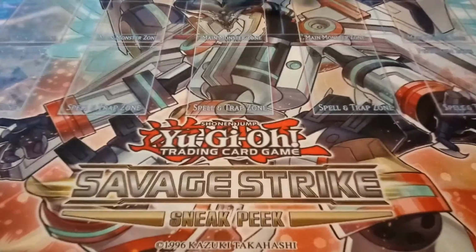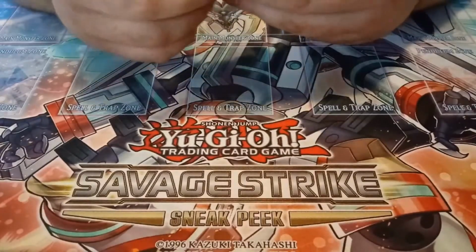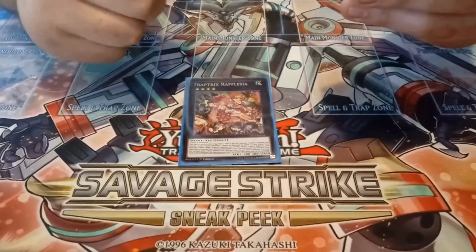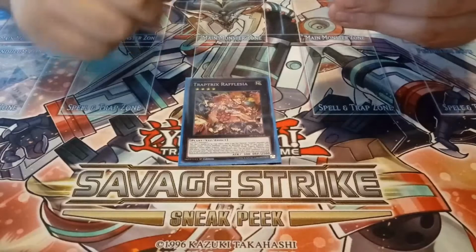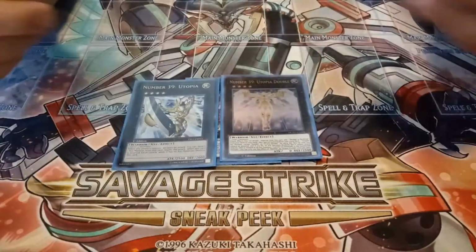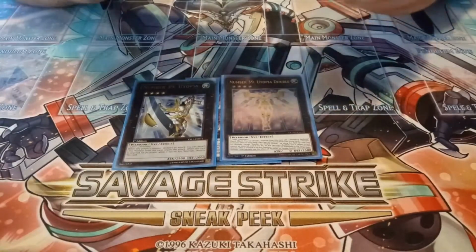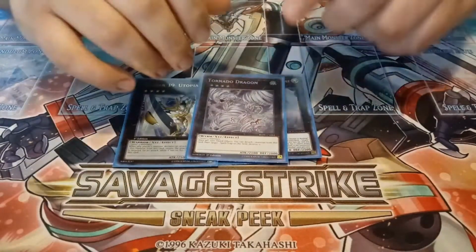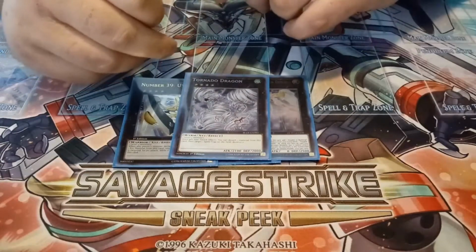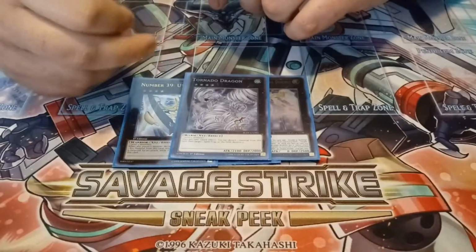Now going off to the Exceeds. I played 1 Traptrix Rafflesia. Came up 1 time. Utopia and Utopia Double. 1 Tornado Dragon. I know a lot of people are going to ask why are you playing Tornado Dragon? Especially since I'm already playing Nightmare Phoenix, and